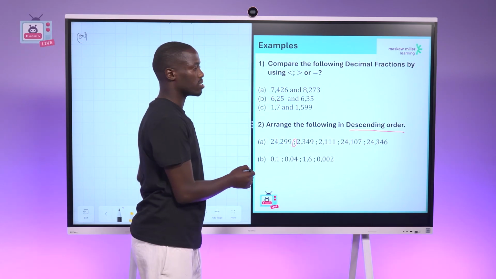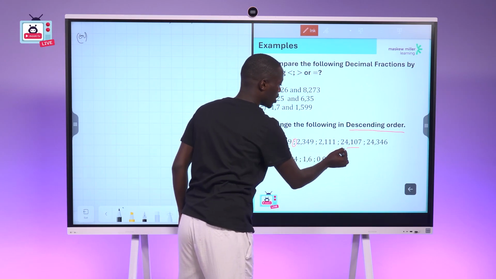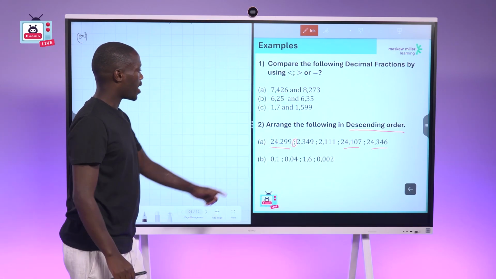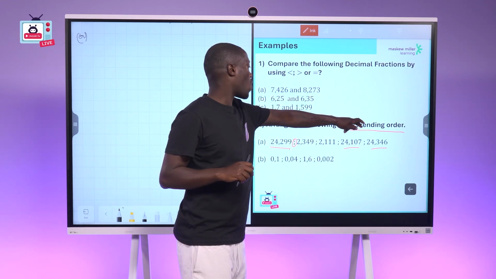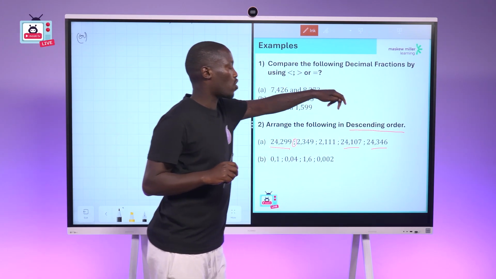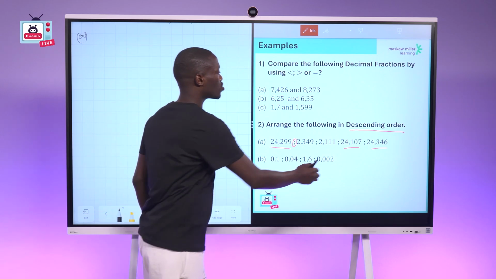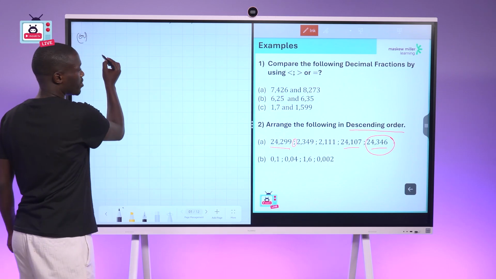Now, if we are starting to compare the numbers from the biggest going down, we need to first focus on the 24,000 and something number, which is 24, something here. That means we'll compare this one, that one, and that one first. Here I have 24,299. Here I have 24,107. Here I have 24,300. So this one is obviously bigger than these two. So that means that will be my first number, which is